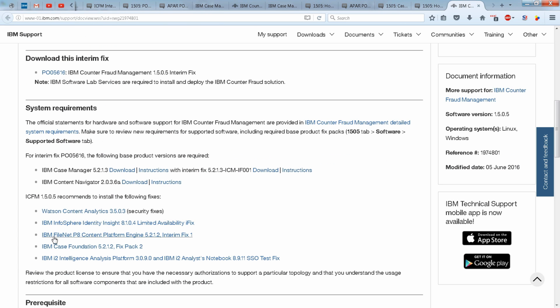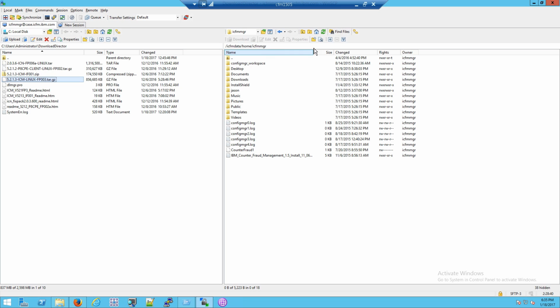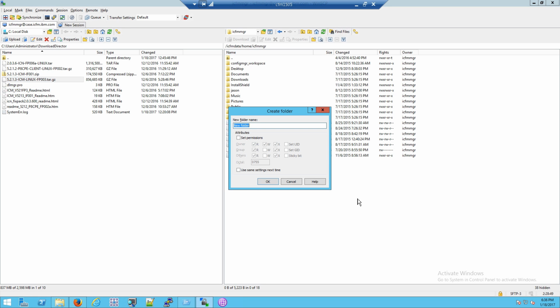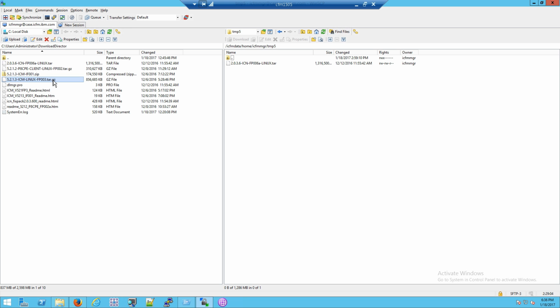Okay, so let's start with the case manager download and its instructions. I'm going to open up the instructions here, and as I scroll down, we're going to install the fix pack interactively with this file here. I've opened up WinSCP and logged in as icfmmgr. That's important. On the right side, I'm going to create a new directory, and this is a long story, but let's call it temp 5. Then I'm going to go into that folder and drag over the file that we need, which is this fixpack one,